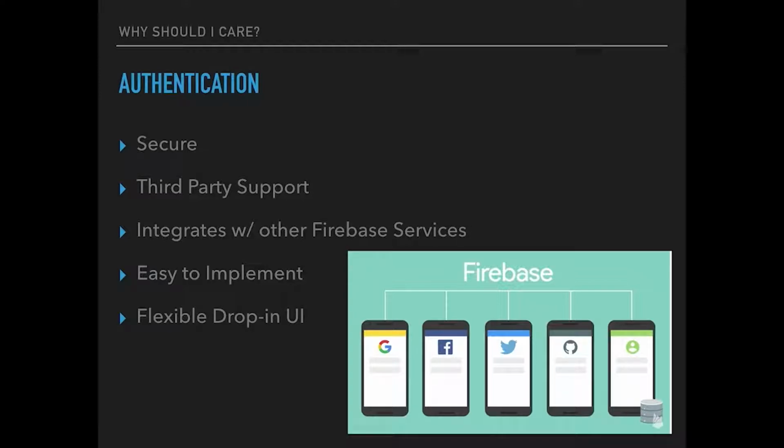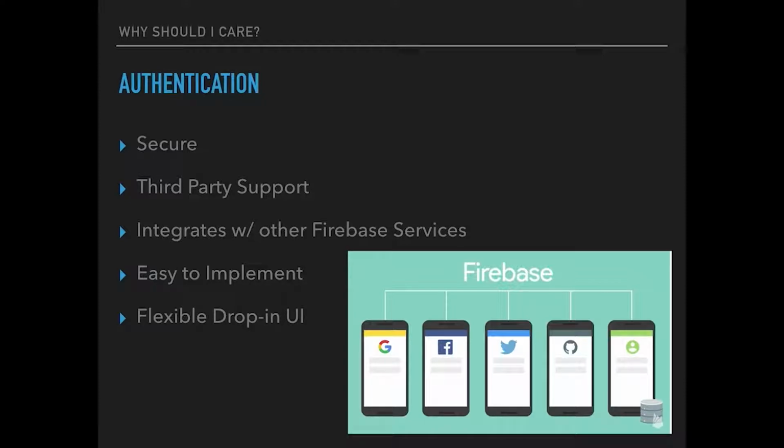So as you can see in the bottom right there, out of the box with Firebase, you can easily integrate with Google, Facebook, Twitter, GitHub, and then if you want to roll your own, you can. So with very little code, you can get, say, Twitter authentication working out of the box. If you want your users not necessarily to have to sign up, you want them to authenticate with Twitter, you can get that with very little work with Firebase.